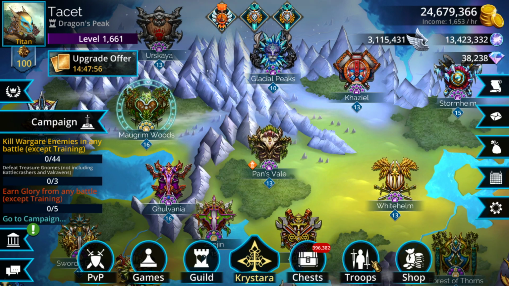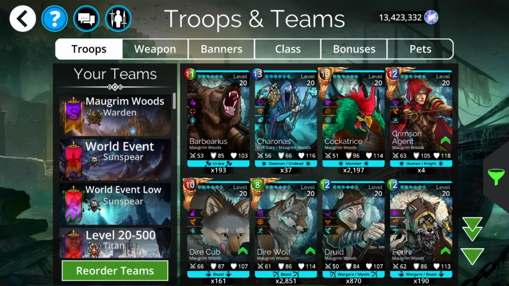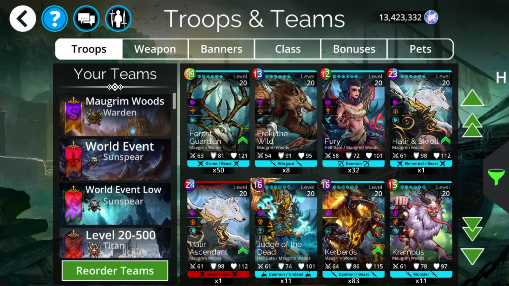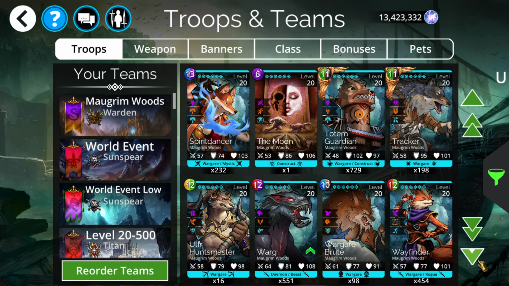With that being said, since I am talking about the event key drop table, let's actually go to Maugrim Woods. As far as what's available here, everything you see here, except for several exceptions, are available. Those exceptions include the 4 Hellgate troops and the 3 Hatter and Scroll related troops. They all have the same mana cost of the blue, red, purple thingy, and those 3 aren't, and everything else